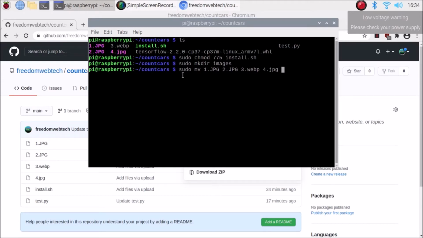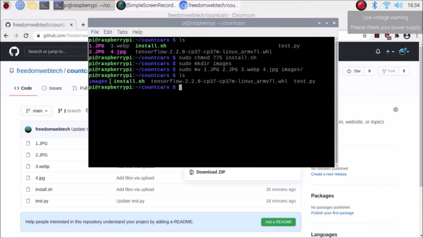Then we mention our folder name, which is images, after a space. Simply hit enter. Now we have successfully moved all the images inside our images folder. That's it, now we are ready.